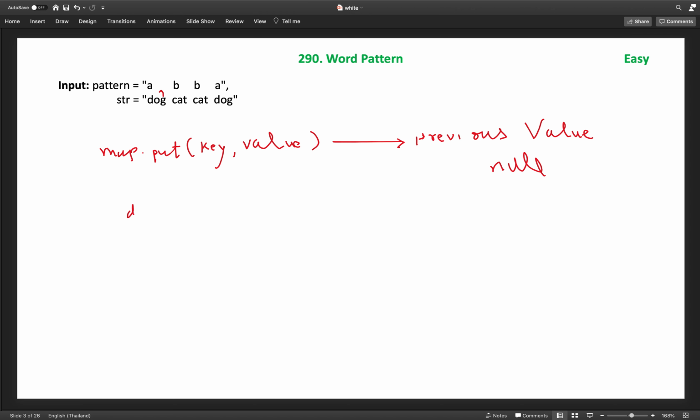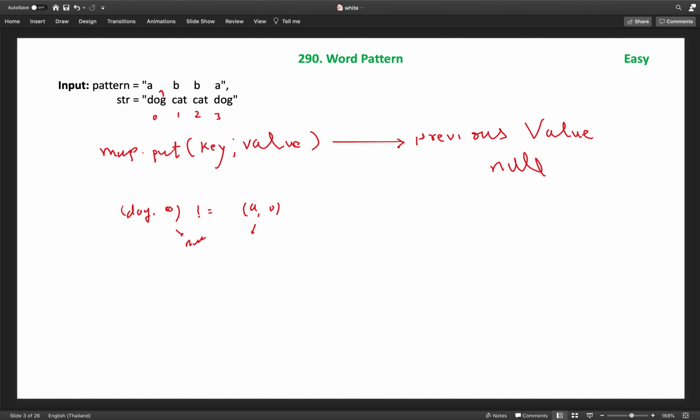So let's say if I add dog, and here another important thing to note, every word is tied up with its index like 0, 1, 2, 3. First we will check for dog: we will put dog comma index of this dog, which is 0. If it is not equal to the same, we will add into the different map, which is character to word, like a comma index which is 0. Both of them don't have it right now initially, so both will return null. So this condition will be false.